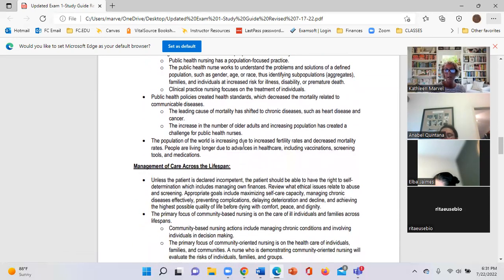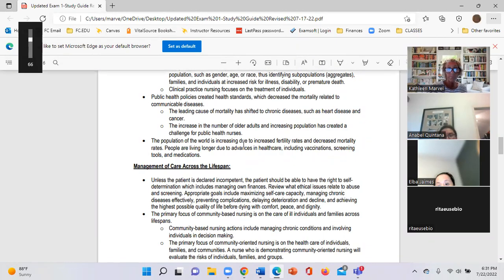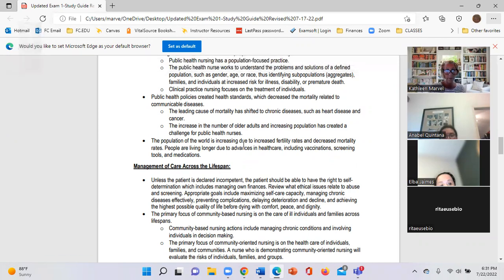Public health policies create standards, right, which hopefully decrease the mortality related to communicable diseases. Communicable diseases are a big deal in communities. Okay, the leading cause of mortality has shifted to chronic diseases, such as heart disease and cancer. Why is that? Why has the leading cause of mortality shifted to chronic diseases? More percentage of people die with that. Okay, they are leading, part of it, well,